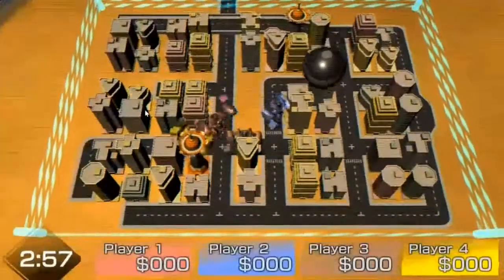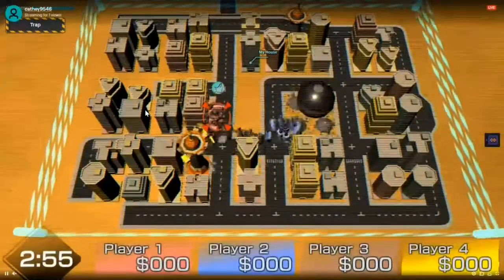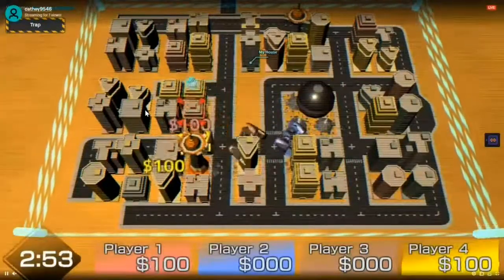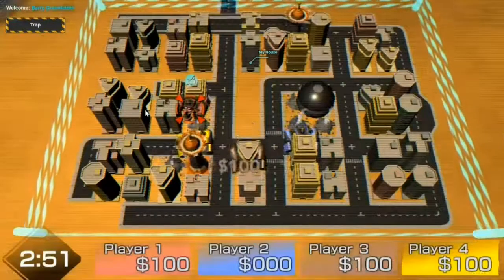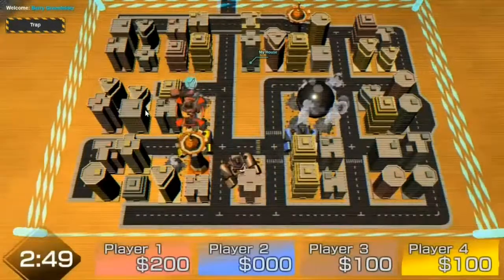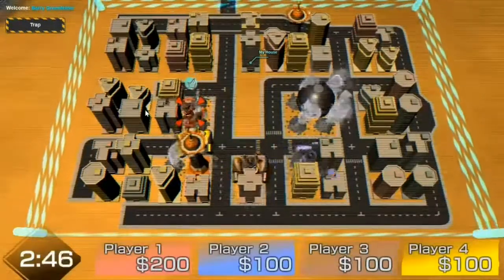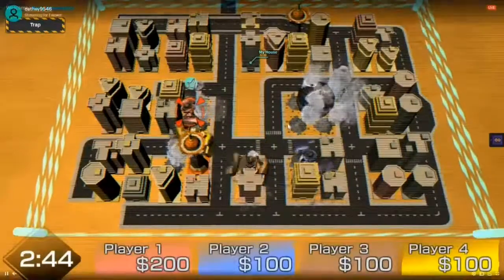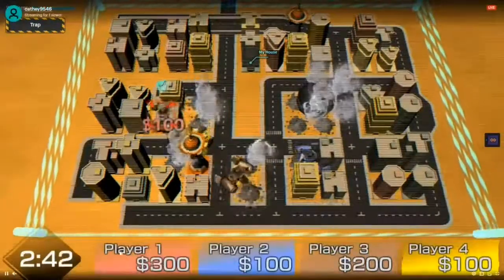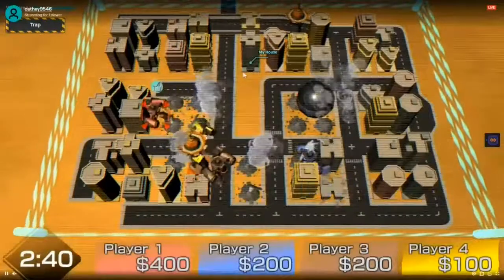So this is Demolition Robots KK by Throw the Warped Code Out. This is a four-player competitive robot action game. Players take control of these giant robots and destroy buildings in the city to earn money. And the objective is to have the most money when time expires. You can see my house here.